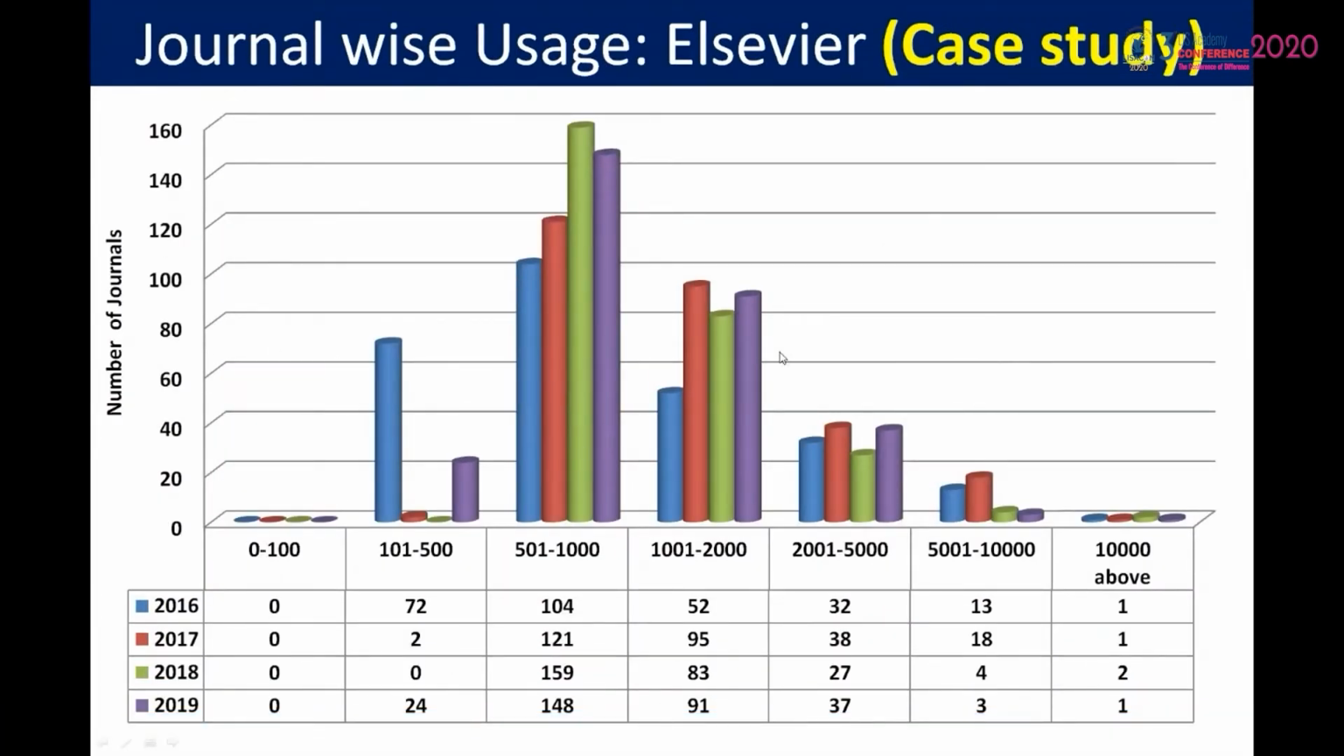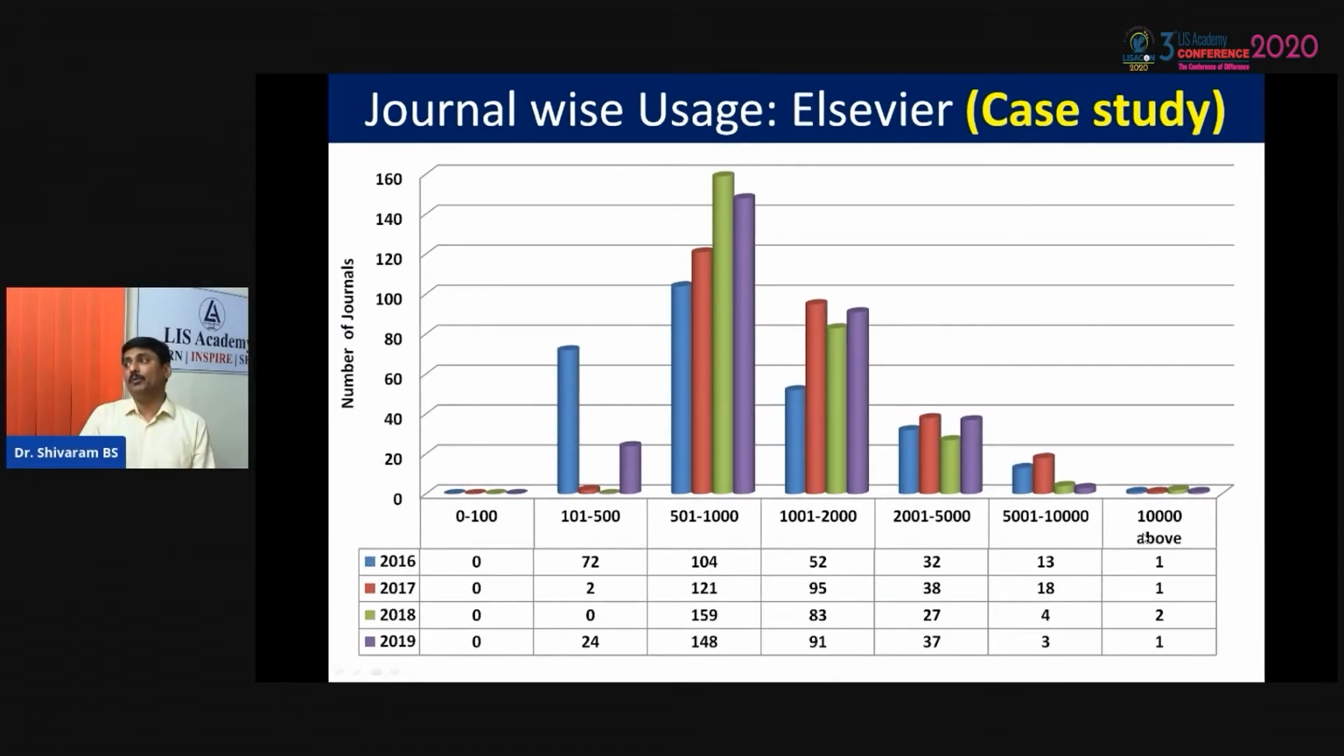For example, Elsevier's engineering pack we have subscribed for the VTU consortium, and we also saw journal-wise usage. How many titles have got 0 downloads, and how many have got more downloads, extensively downloaded. For example, there is one journal in 2019 which has recorded more than 10,000 downloads. And there are this many journals which have recorded 5,000 to 10,000 downloads, and various journals which recorded 2,000 to 5,000 downloads. So as far as the Elsevier publisher is concerned, there is no journal which has not been used. So people are using